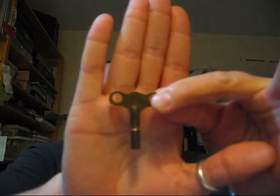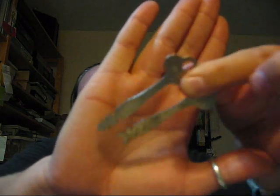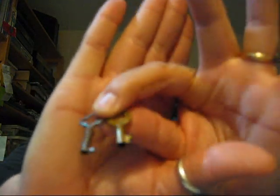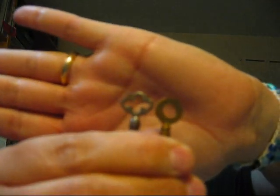So that bag of keys included some keys like the clock winding keys, some of the flat, oddly shaped keys, and actual skeleton keys, or what you would think of as skeleton keys. And then also barrel keys. I've got a couple of little bitty barrel keys, and they're called barrel keys because they're hollow on the inside. So some of them are decorative topped like this one, and some of them are just plain. I'll probably order some more